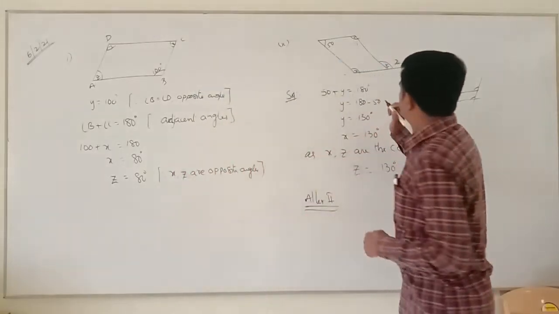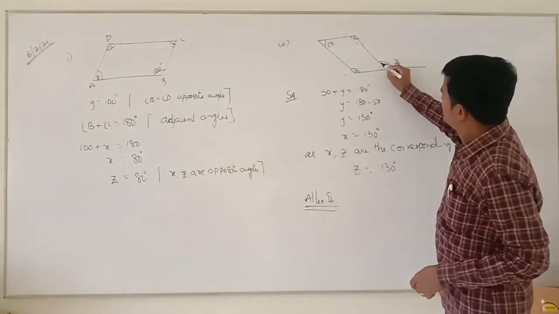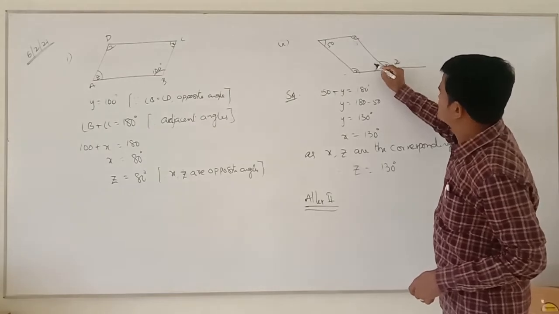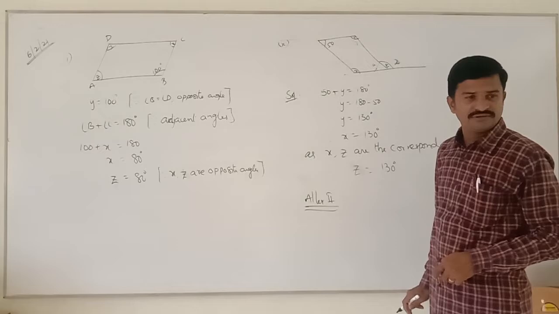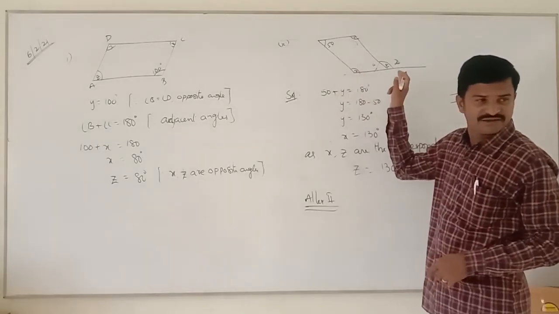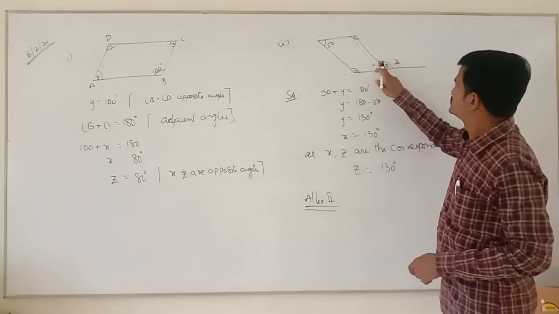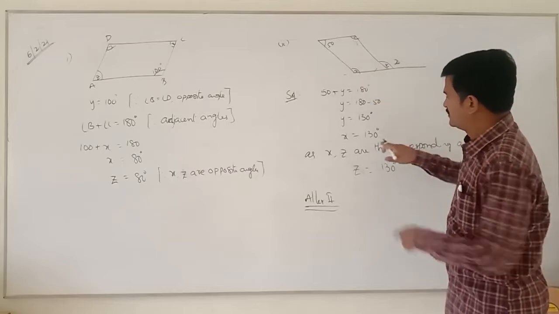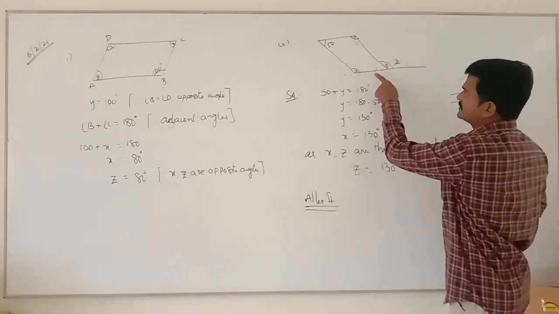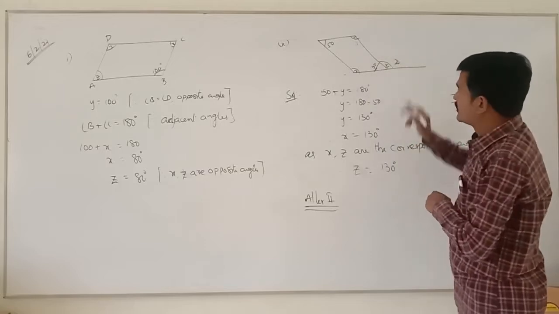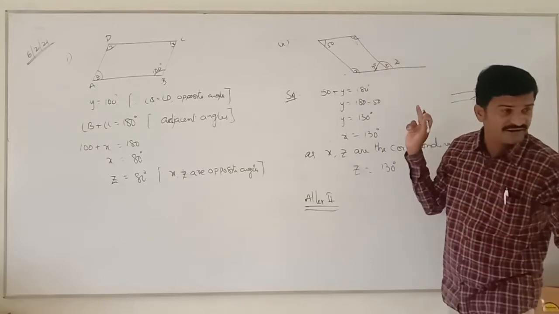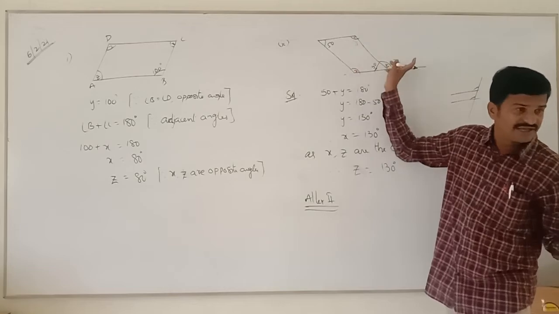Okay. Now look here. X, now we don't know this one. Let us take this as A. X plus A equals 180 only, no? Yes, sir, because adjacent angles are supplementary. So x equals how much we got here? 130. When x is 130, this is how much? 50. Now 50 plus z is a straight angle or not? Yes, sir.